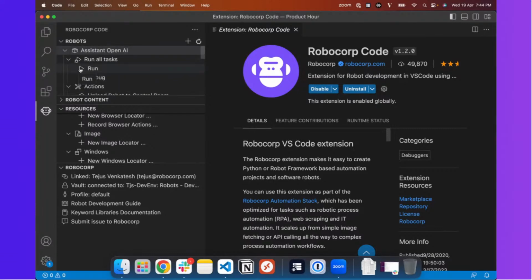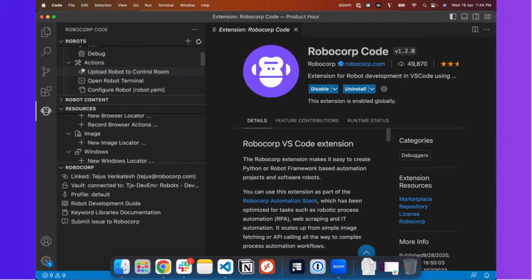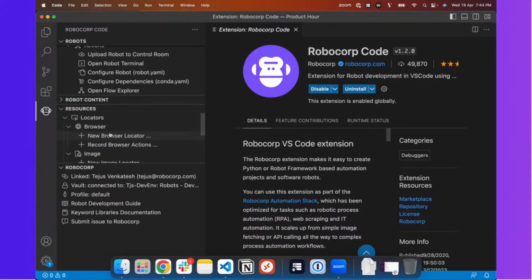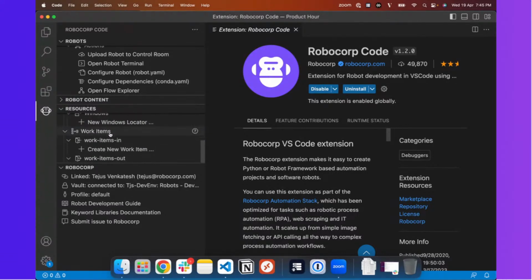You can run a robot or debug the robot directly, or you have the other actions of uploading this given robot to Control Room, or opening this robot as a flow explorer to visually see what you have built. And some of the other resources panels, which are the widgets like inspector tools, will help you capture the locators for your various elements that you interact with on the UI layer.